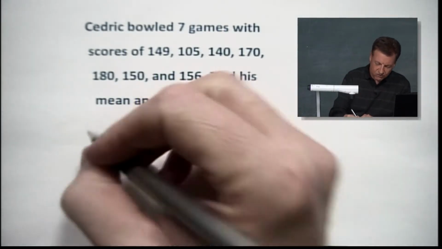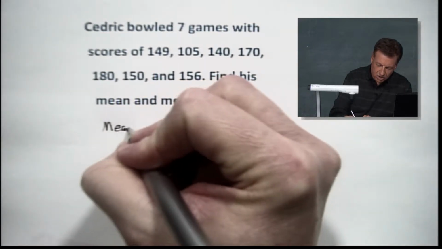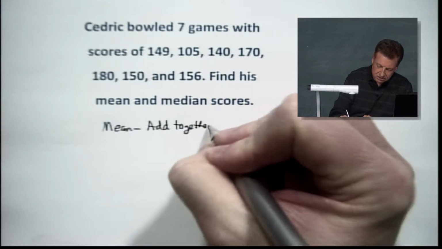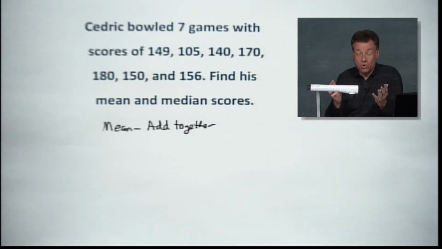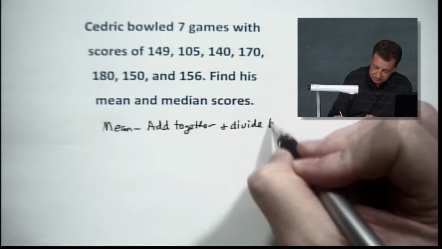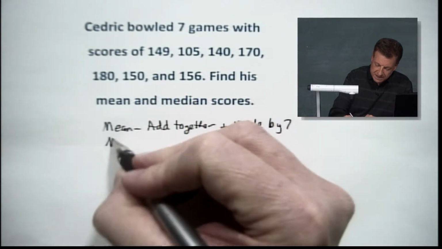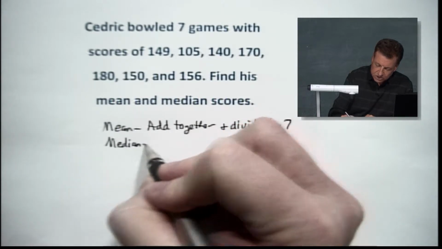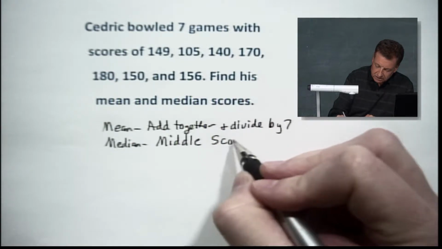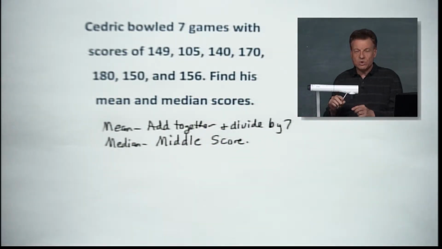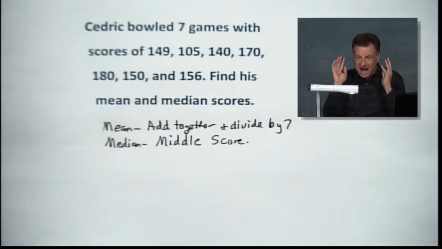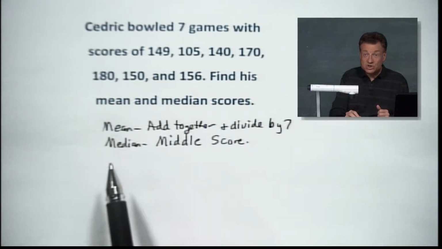By the way, what's our rule for the mean? The mean is simply we add together and divide by, in this case, there's 7 scores. So in this case, we're going to divide by 7. And of course, that median is what we're going to do. We're going to look for the middle score. Now, so many times we get those two words confused. This is the add and divide moment to get to the mean, or the average that we like to call it. The median is just what's in the middle.